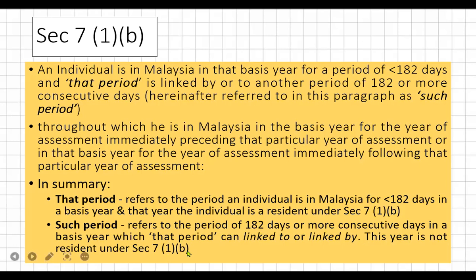So this year he is not a resident under section 7.1B. But he has stayed in Malaysia for more than 182 days, so he is a resident under section 7.1A, right? Because he has stayed in Malaysia for 182 days. That is section 7.1A from earlier. So for such period, he is not a resident under section 7.1B, but he is a resident under section 7.1A because